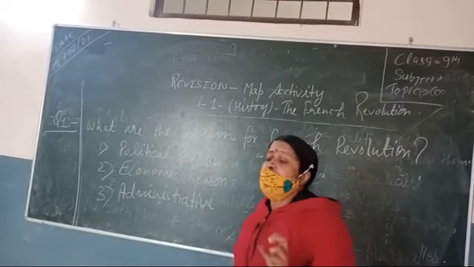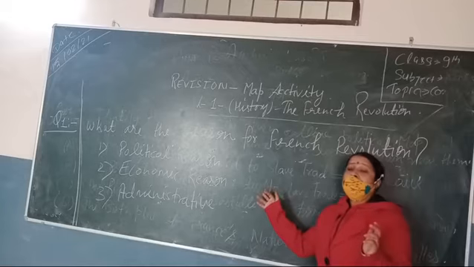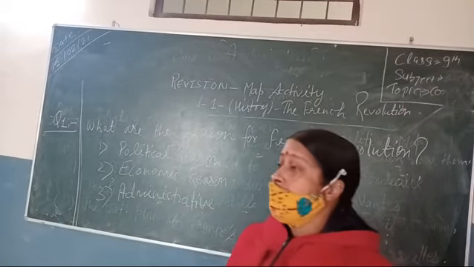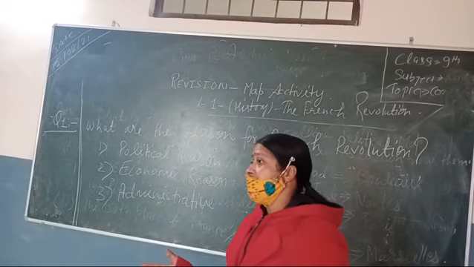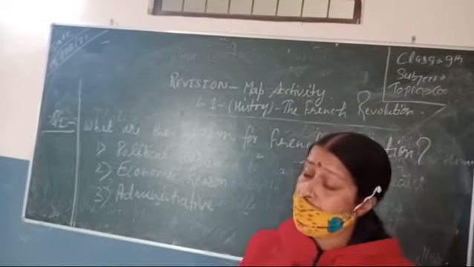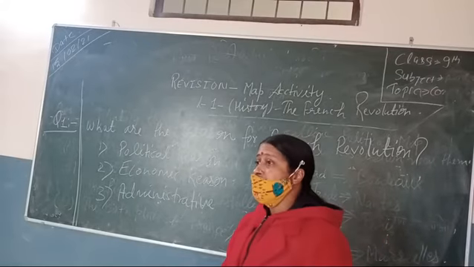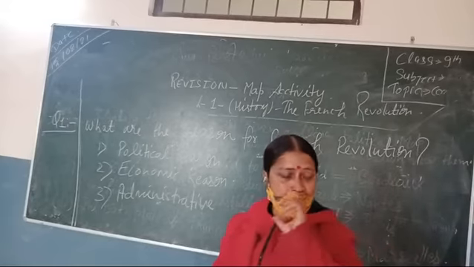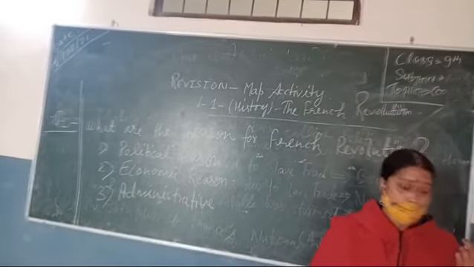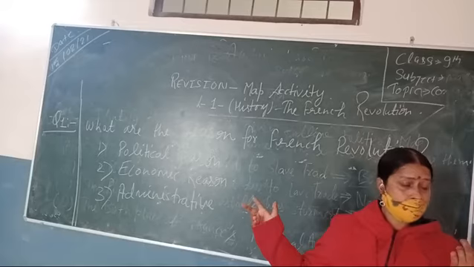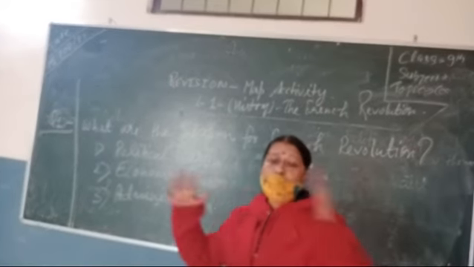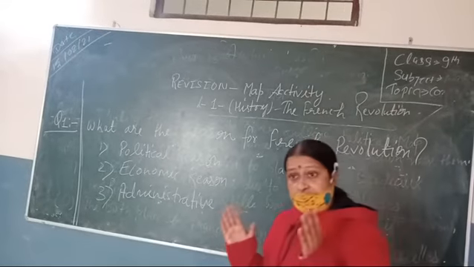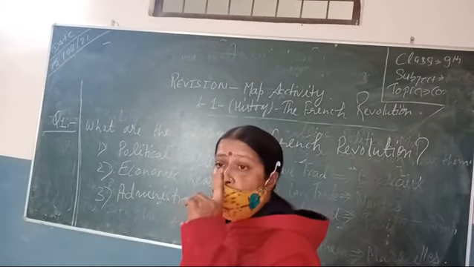So this is the spirit of democracy, but at that time they were suffering from the monarchy system, and that's why when their families died because of hunger, you can imagine the pathetic condition of the farmers or the peasants in France before the French Revolution. Now they were ready to oppose Louis XVI because their limit had been crossed, and that's why they united, and that's why the French Revolution became the first step